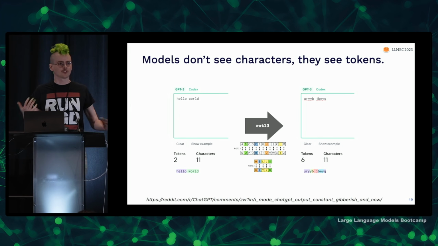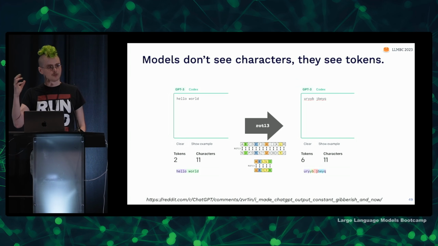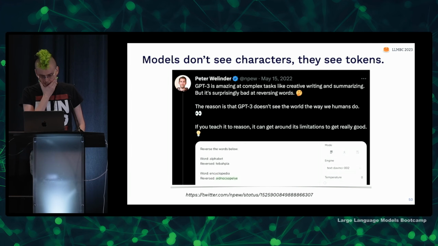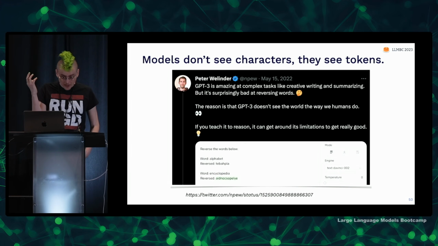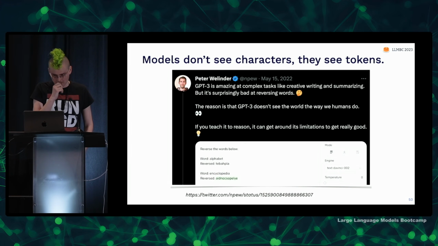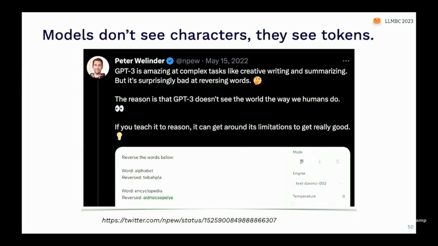So when you're sitting at a language model interface, it's all language, so you start thinking about things you can do with characters. Like, oh, I could split them and reverse them and do all kinds of string operations that you might use Python for. But language models are actually not very good at that. This is kind of surprising because they're good at creative writing and summarizing, but not at things like reversing words. And Peter Welander showed some nice tricks for solving this problem.